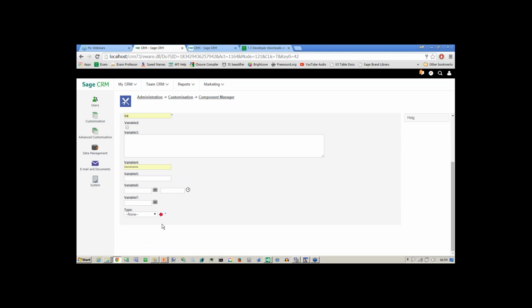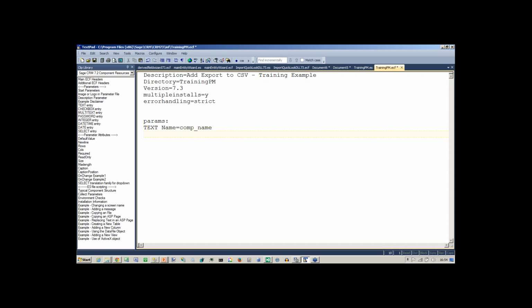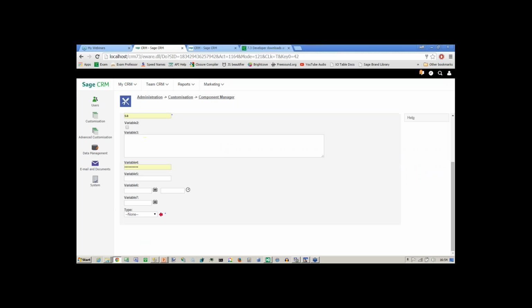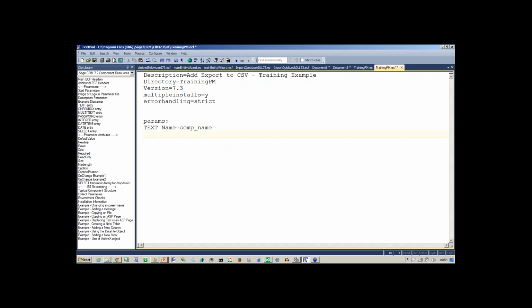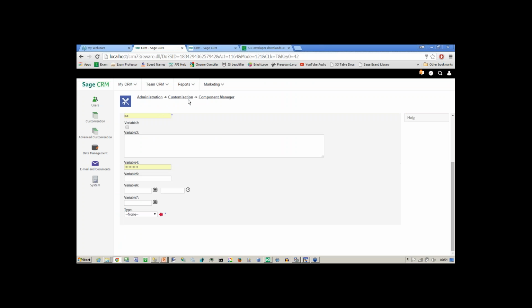Well, can we do anything more sophisticated with our components, with our parameters? Because of course we can. It's brilliant. What if we wanted to not use them for entering in simple text? What if we wanted to provide information to the user? Because one of the things about a file, if I just get rid of the parameters altogether for a moment and go back to where we had that